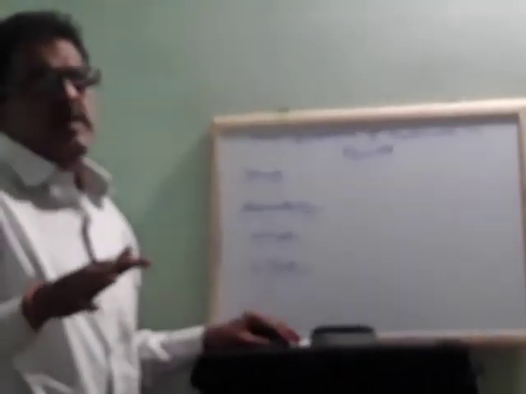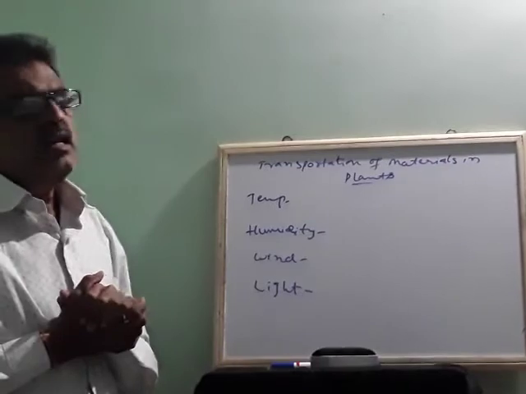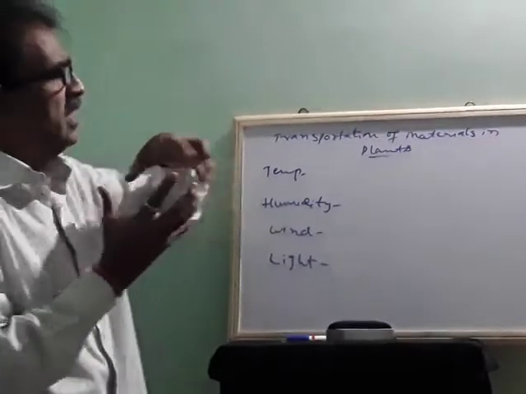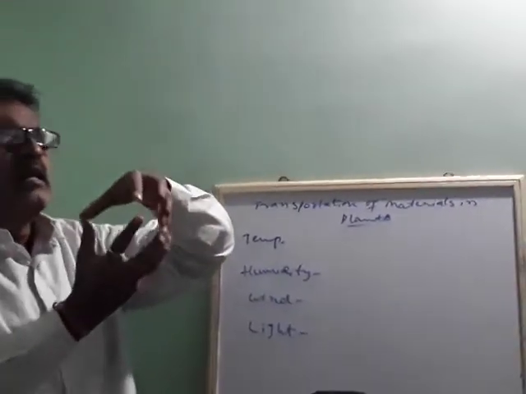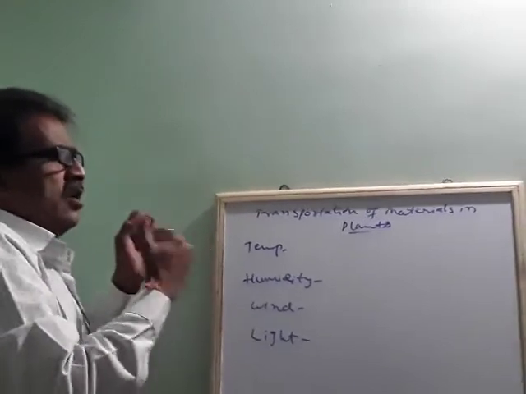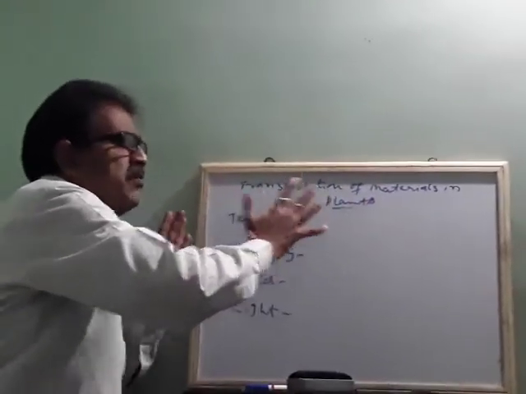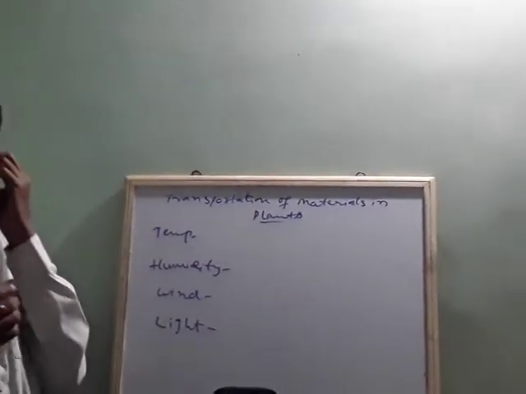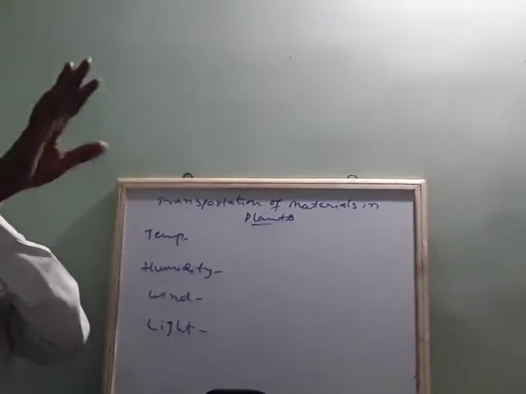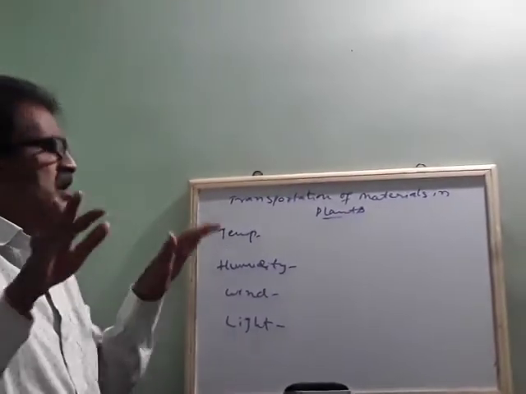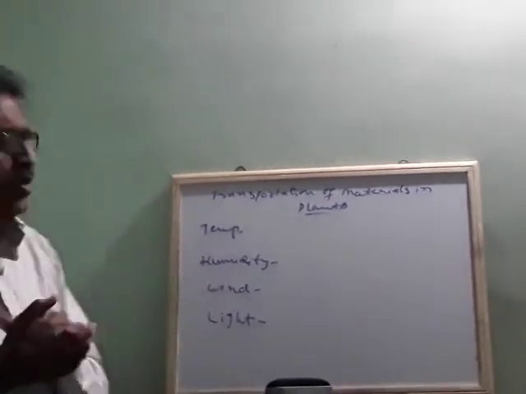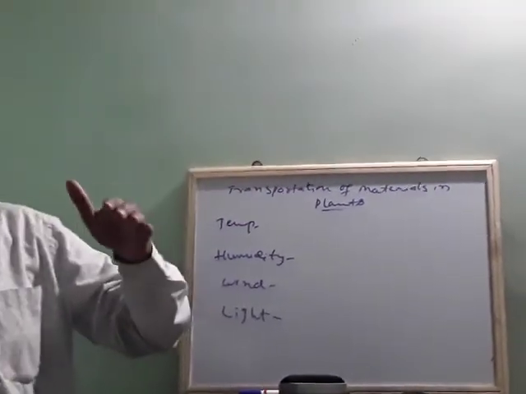But how do all of them affect? Because if the temperature is higher, what happens? Due to increase in temperature, the transpiration rate of the leaves increases, means more quantity of water is released out. So that leads to loss of water if the temperature is increased. Humidity means what? Whenever there is an increase in humidity, there is a decrease in transpiration, because humidity is not hot in nature. Only hotness is there, but the evaporation is less. So due to that, humidity reduces the transpiration rate.